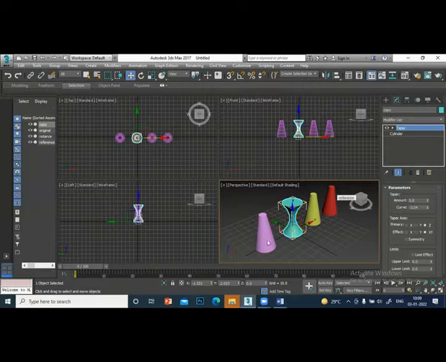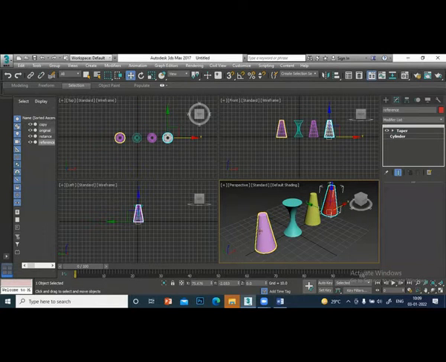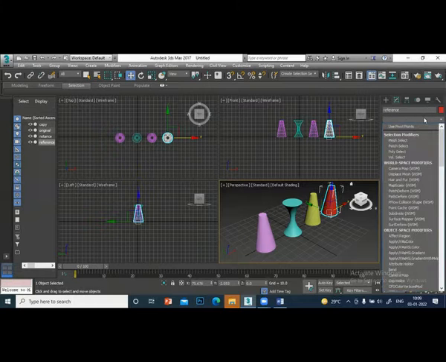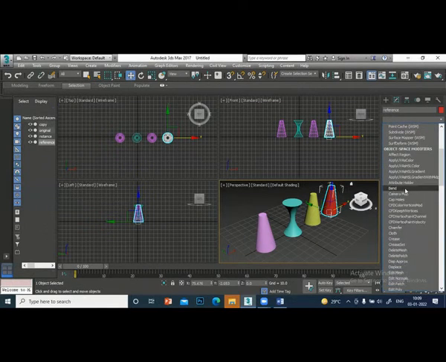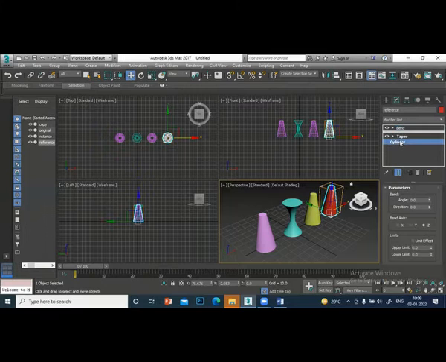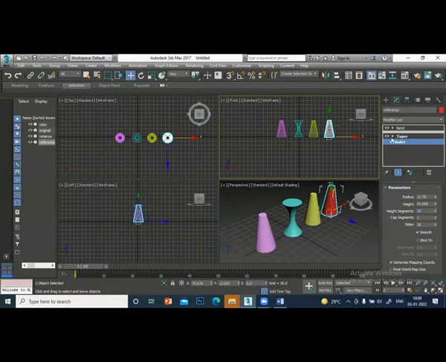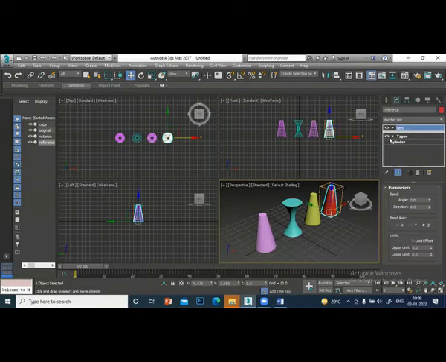Now, you have noted that when I change here, the reference changes. But if I change the reference, will the original change? Modifier. Let me create a bend. Whenever you want to give a bend, you require more segments. So this is called the modifier stack. Whatever step you do, everything is available here. The list is available here. Anytime you can go back and change.